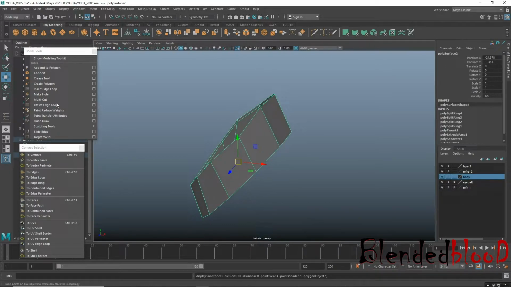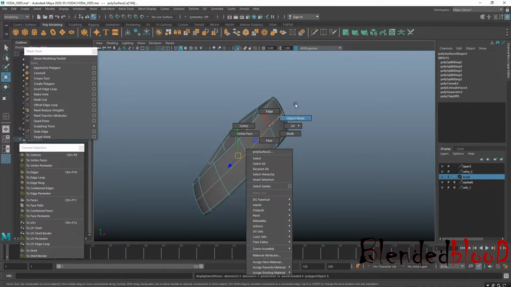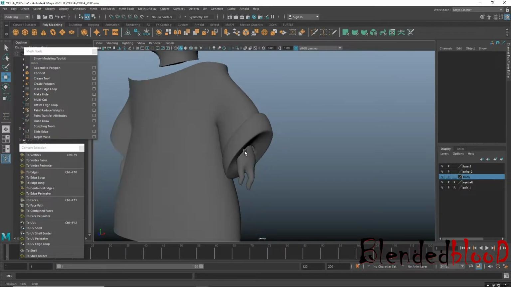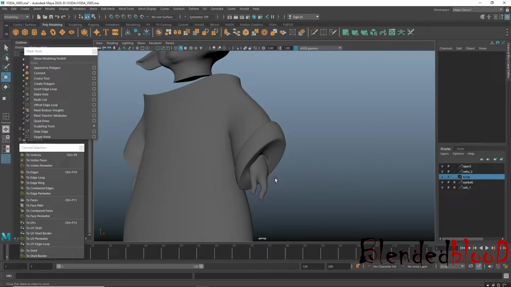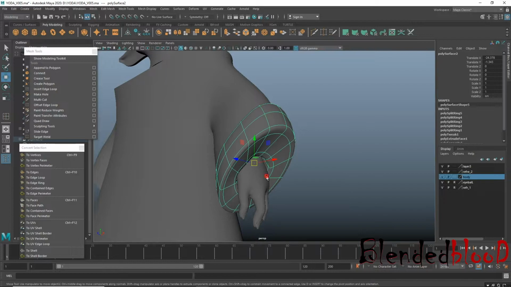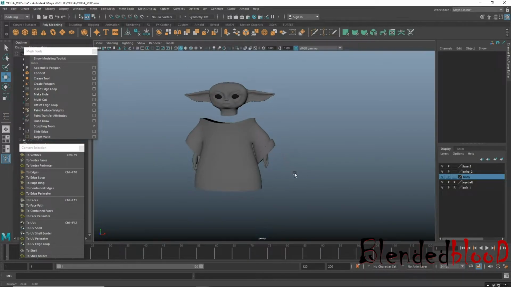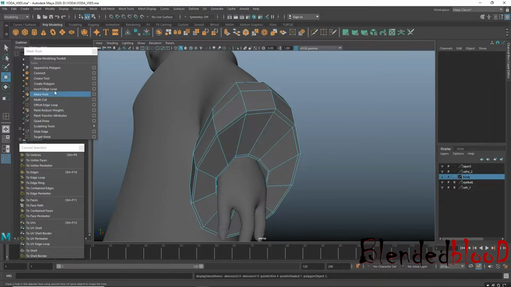This one, insert edge in the middle of this loop. Insert edge,